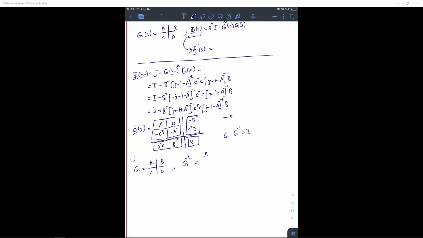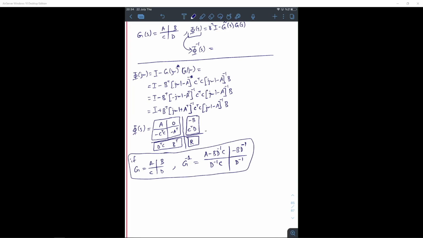What I'm trying to say is this: g and g inverse system will be like an identity, right? Okay, and this system's state matrix is A minus B D inverse C, okay, all right, let's try to keep that in mind,